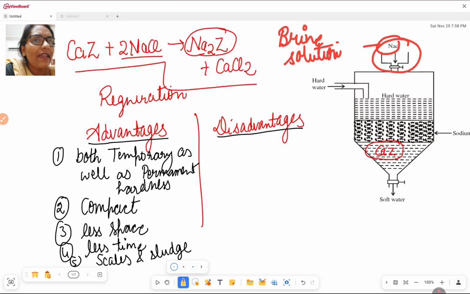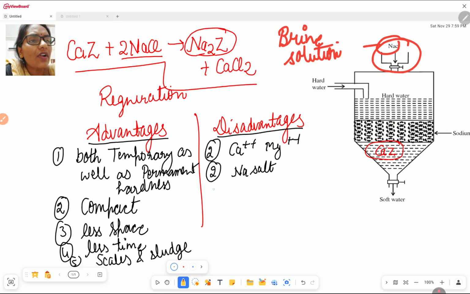Wherever the पानी की supply is, अगर पानी की supply आपके किचन में है वहीं पर equipment को आप रख दो, क्योंकि छोटा सा है, compact है, आप काम करना शुरू कर देगा. But what are the disadvantages? It removes only calcium and magnesium. So it can remove only calcium and magnesium, और it बहुत ज्यादा आपको इसमें क्या मिलता है, it will give you sodium salt.